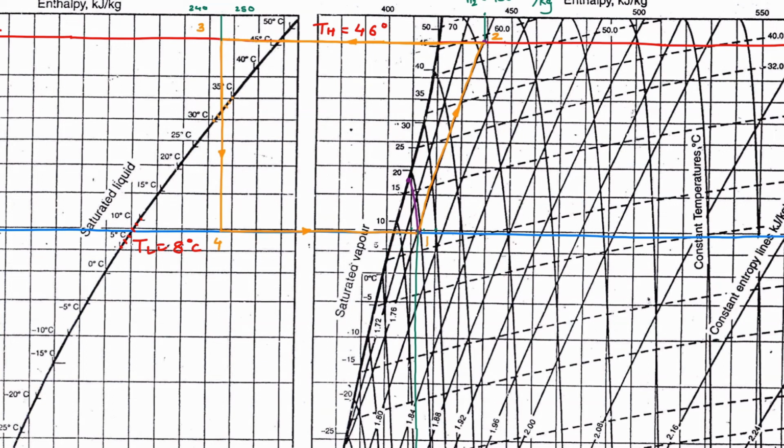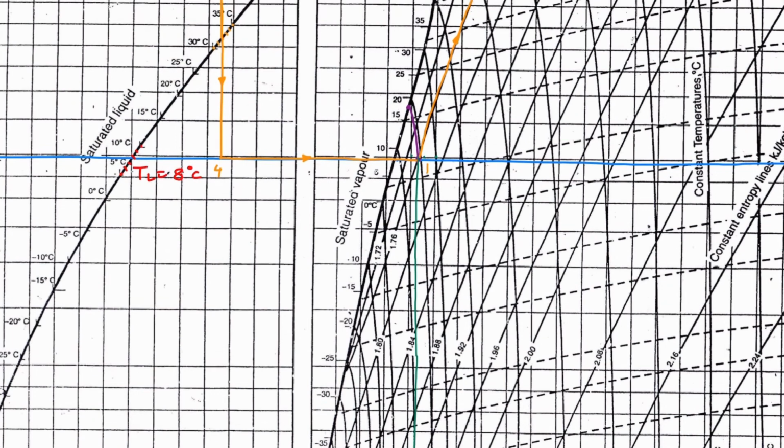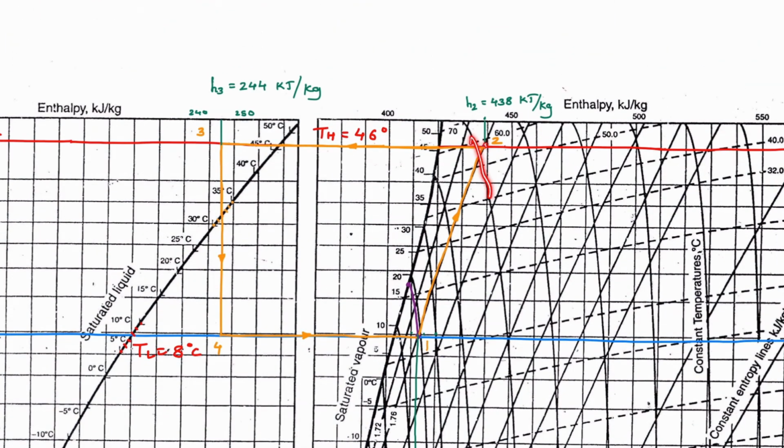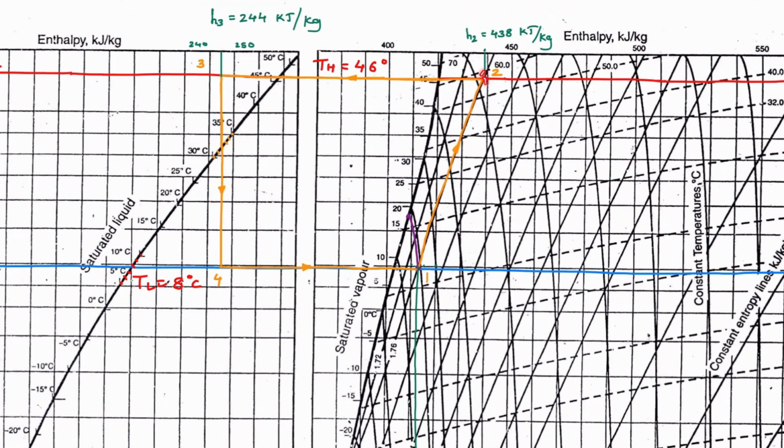Same thing you can observe on the condensation part from 2 to this point. It will be de-superheating. What is the actual temperature of point 2? Here you can see, if you extend this curve parallel to this one, this curve is 60. So the point 2 temperature is above 60. This is the 60 curve, and this one is 80. So this point is in between 60 and 80 temperature, higher than 60. What is the saturation temperature? This temperature is 46 degrees Celsius. So point 2 is superheated if you compare it with 46 degrees Celsius, which is Tsat.